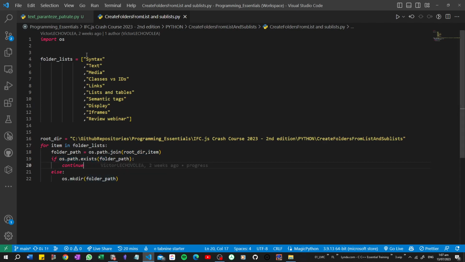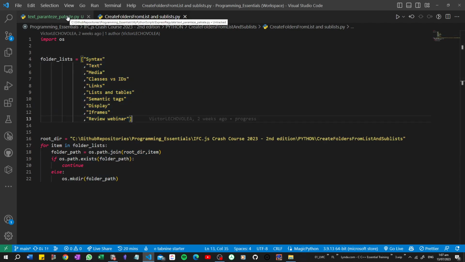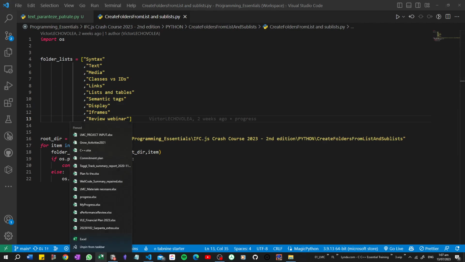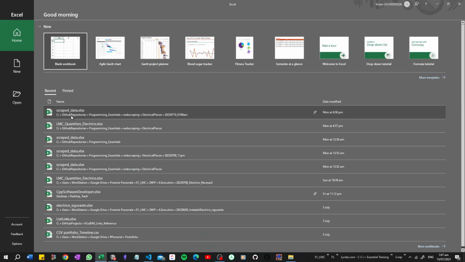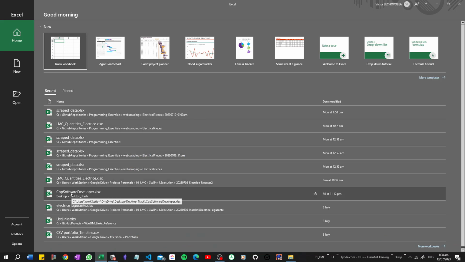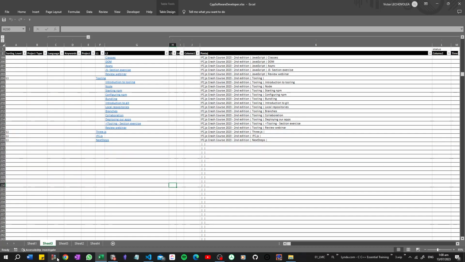But the process of this cleaning was easy but not that easy, something like this. So I'll show you how I did it last time, because it's C++ developer, and then I have here,